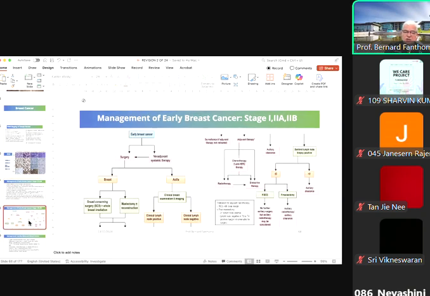Now it is easier to explain from the algorithm, and this is a direct copy from the Clinical Practice Guidelines Malaysia, the QRCPG 8 pages which I keep talking about. So these 8 pages,